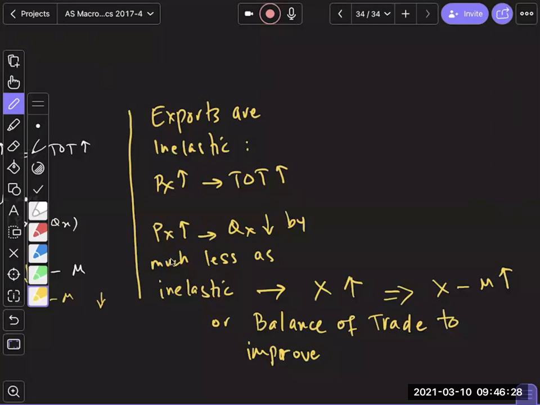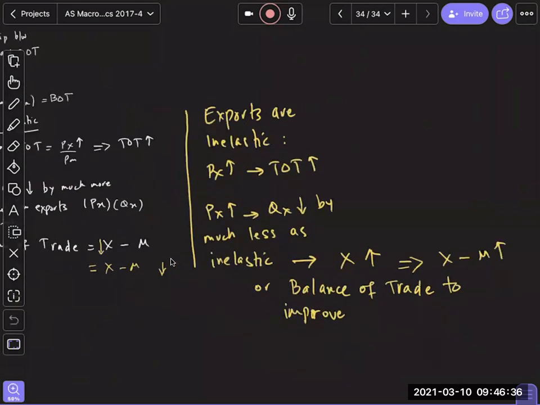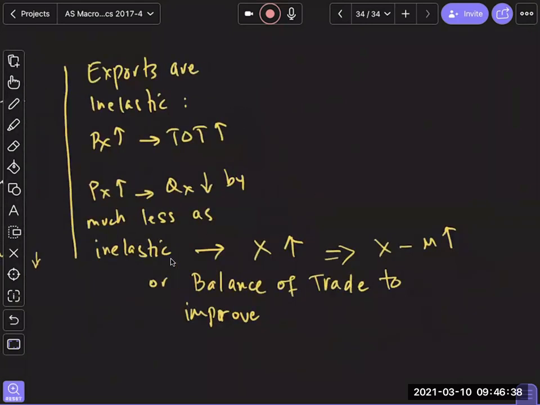It's actually more important to look at elasticity alongside everything, because if the terms of trade go up and balance of trade both go up, which is the scenario here, that's great news for us, because that means we are actually making more money also. Make sense?